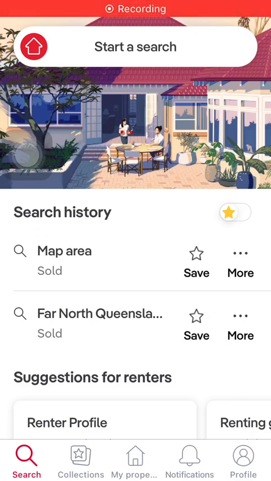Hello guys, in this video I'm going to show you how to use the stamp duty calculator on the realestate.com